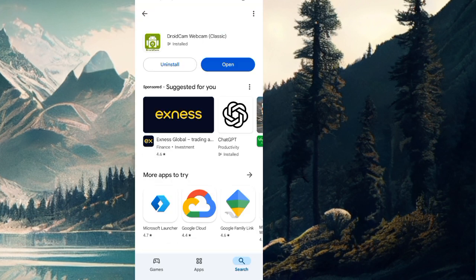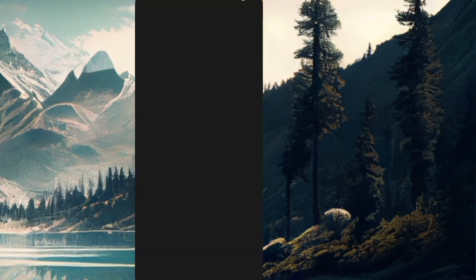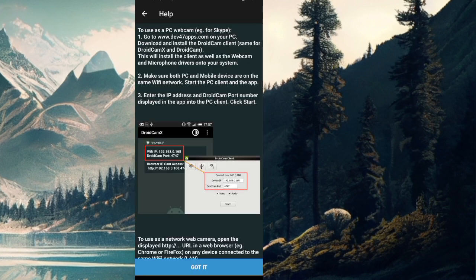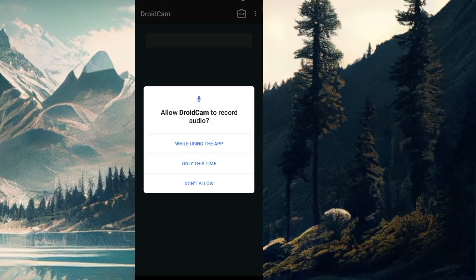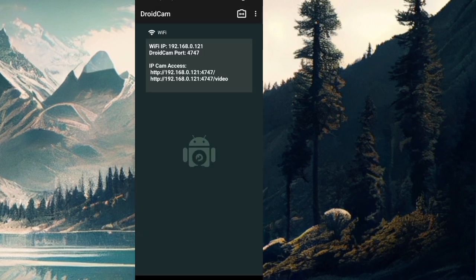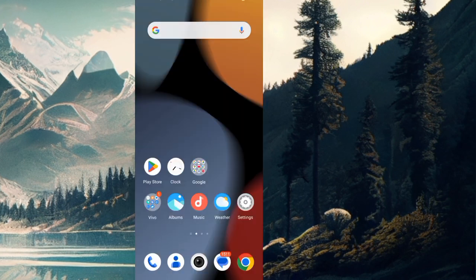So now I have to open this application on my mobile first. I have to give all the permissions. For this I have to connect both devices by the same Wi-Fi, or I have to connect by USB with the laptop. You can see on laptop